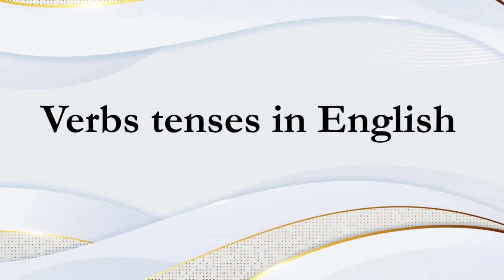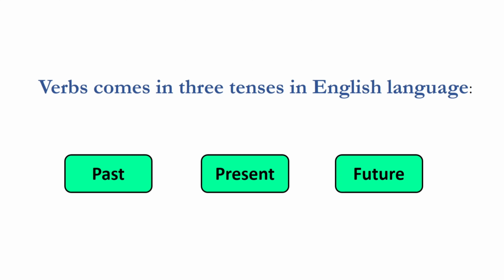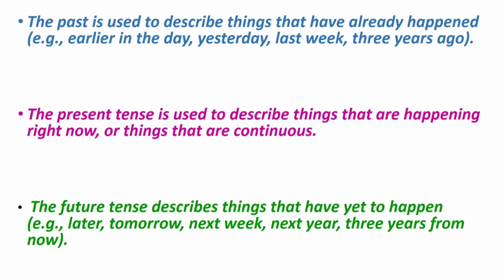This video is about verb tenses in English. Verbs come in 3 tenses in the English language: past, present, future. The past is used to describe things that have already happened, for example earlier in the day, yesterday, last week, 3